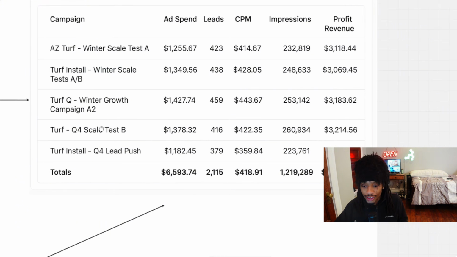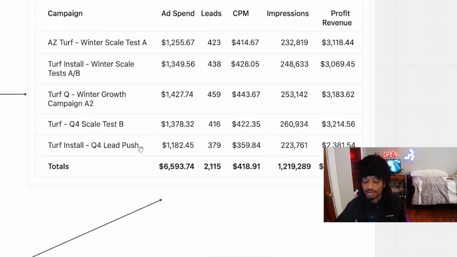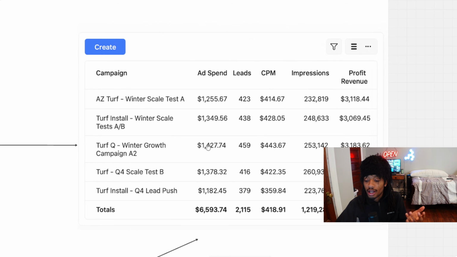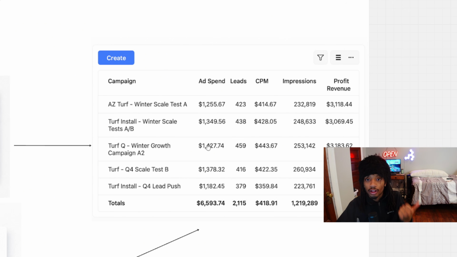With Q4, we did our test number B, obviously made improvements there. And then with our Q4 lead push, we just retargeted all those people that worked. Retargeted those people who saw the ad, saw the creative. Maybe they clicked on the site. Maybe they told the company, we do need work, but we couldn't do it just now. We were able to retarget them. And with the Q4 lead push, I'd